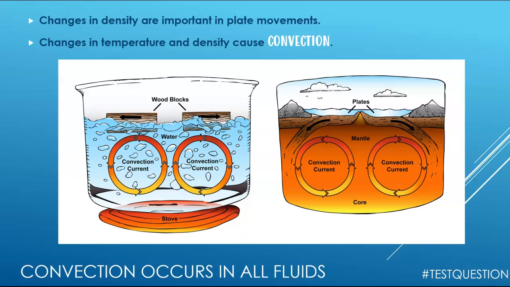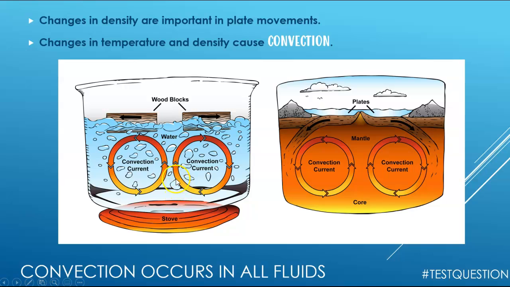Okay, so let's take a look. I have an example on the left, and I kind of show you how that example applies to plate tectonics on the right. So let's talk about changes to temperature. If you were to heat a pot of water on a stove, the hottest point in this situation would be at the very bottom, closest to the heat source. So that water that's being heated most directly, kind of closest to the bottom of the pot, will eventually rise,